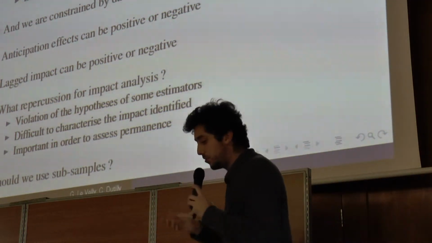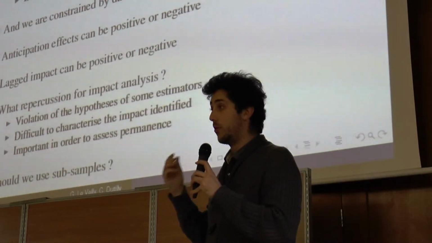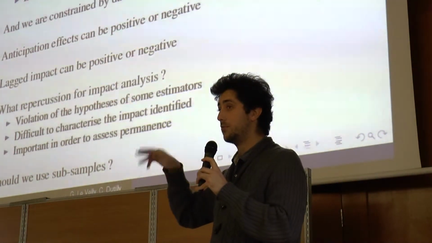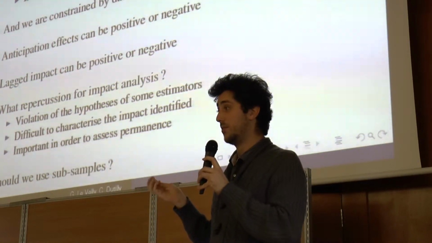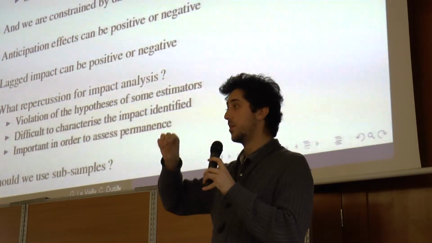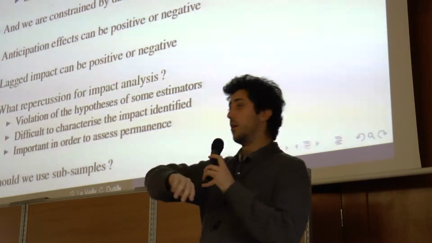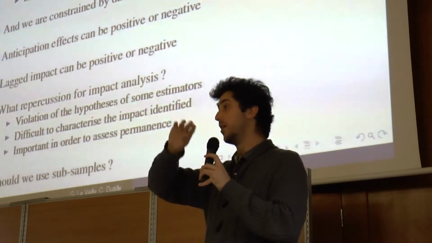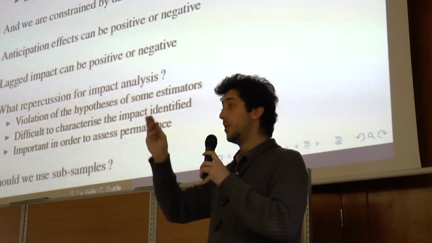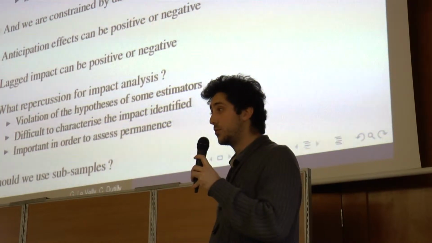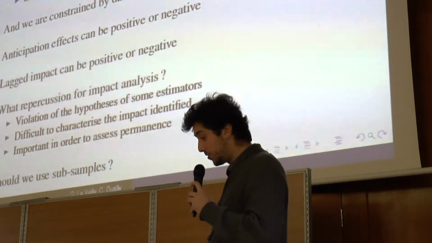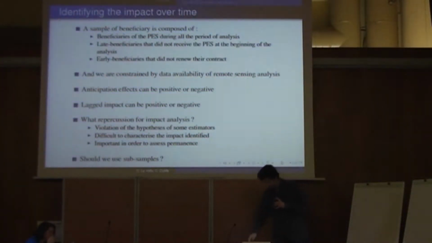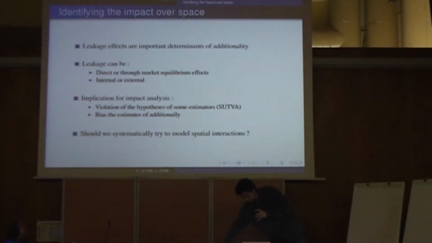Eventually, it leads to a problem for our identification strategy. And also it's very difficult to characterize what our average impact is, because it's actually a mix of maybe an increase in the beginning, then getting stable, and increasing again. So your mean impact doesn't really give you the whole story, because the whole story is really time specific. So should we use some subsample? That's a question we're asking.